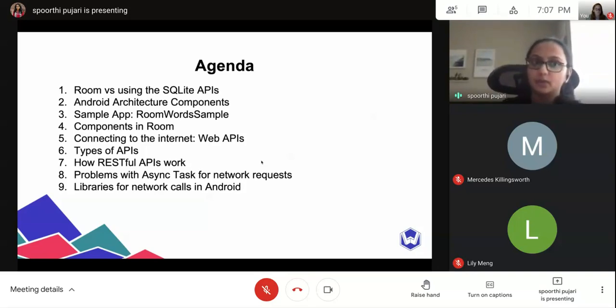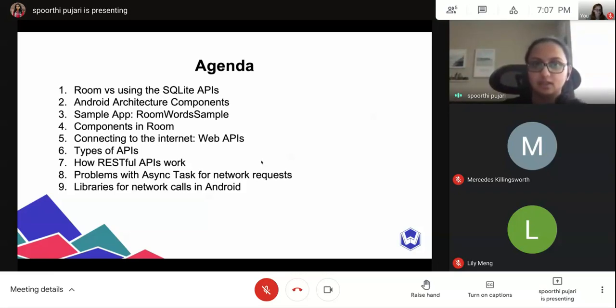So today I'm going to be talking about how to access SQLite database and web APIs from your Android application. I think in the past classes, you've seen what databases are, what SQL and NoSQL database is, and what JSON is, and so on. So we're going to use all those concepts along with a few more concepts that I've learned from the earlier classes in this class.